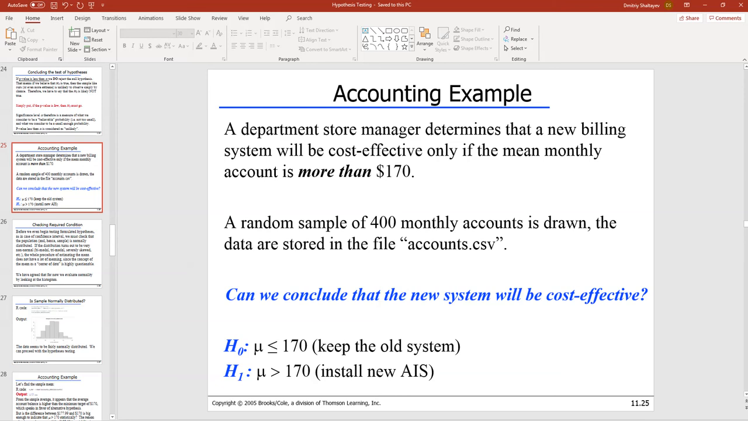Okay, this is our lecture number 13 and in this lecture we're going to take a look at a couple of problems, how single population hypothesis test is being conducted. Alright, again we're going to start with examples that deal with numerical data, and in the next lecture number 14 we're going to look at